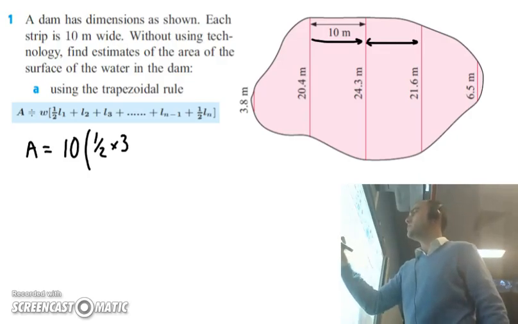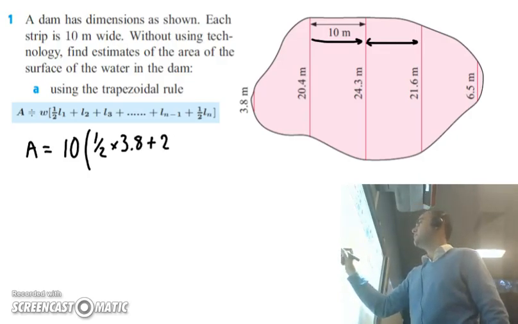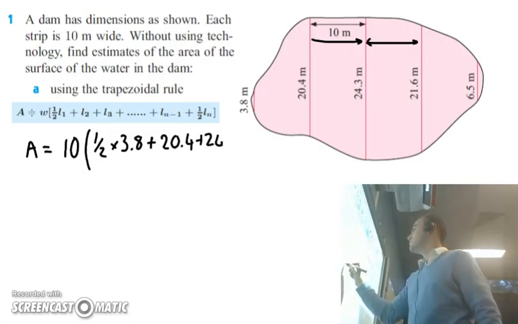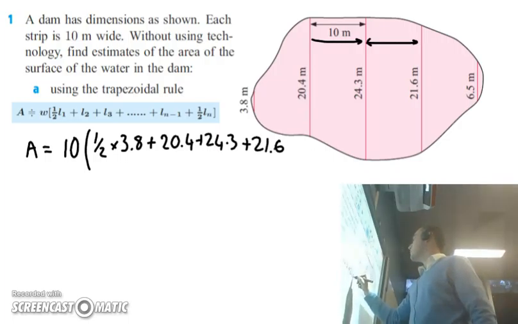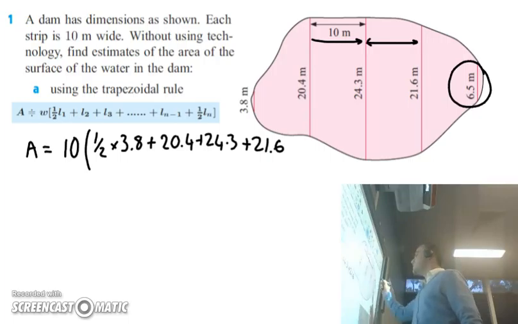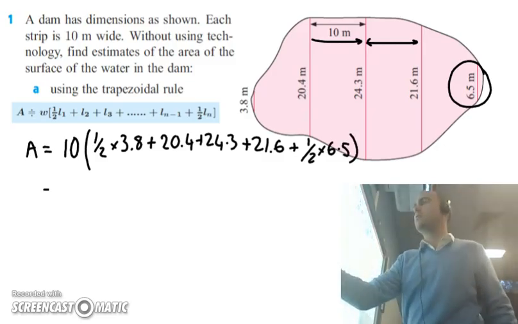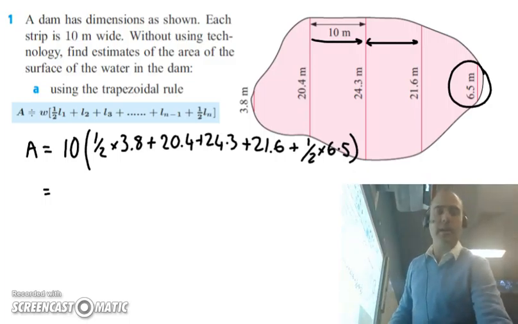of meaning times, so half of 3.8 plus the second line, plus the third line, plus the fourth line. And because over here we've got our last line, we have to add half times the last. So I can put that straight into my calculator just like that. Make sure you're including the brackets, and I can pop that in and I get